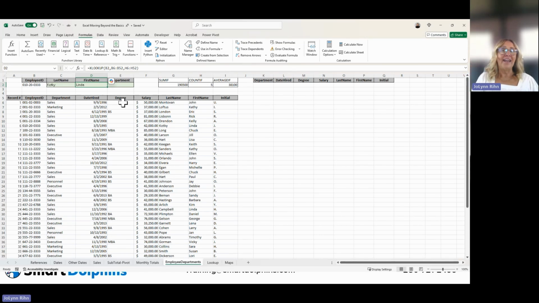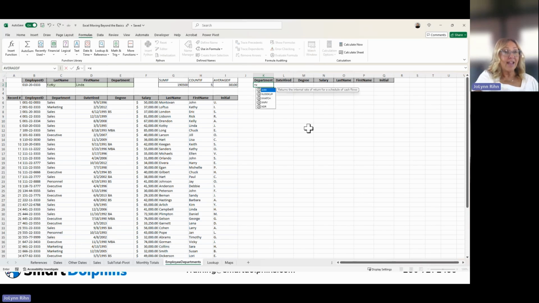Over in column K, I have the headings copied over for the department through the initials. I'm going to start on K2 and do an XLOOKUP and tell it I want to look up that employee ID number, but the answers are going to automatically populate for each one of these column headings all at one time. Let me show you how this one works. I'm going to do equal the letter X again to start my XLOOKUP. I'm going to double click the XLOOKUP. My lookup value is going to be B2,